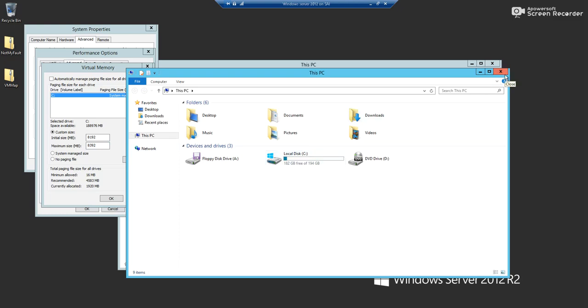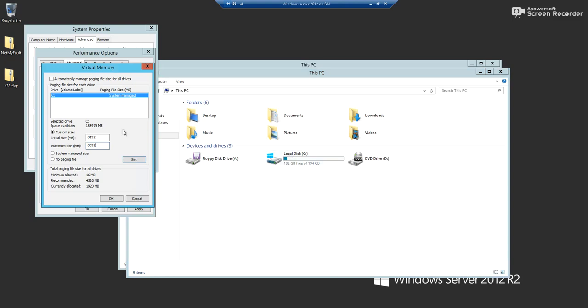If you don't have any free space, there is no use trying to collect the complete memory dump. Ensure you have free space in any drive and give the page file according to your drive. If you have a D drive or any extra drive in your operating system, you can see the option D or E here. So if you don't have enough space on C, you can select option D and give the initial size and the maximum size. In my machine I have only the C drive option, so I have selected C drive and I have enough space. Then click on set,